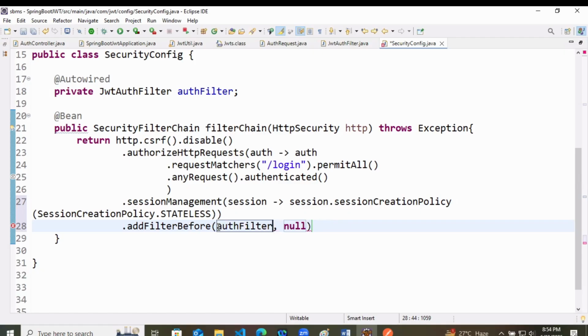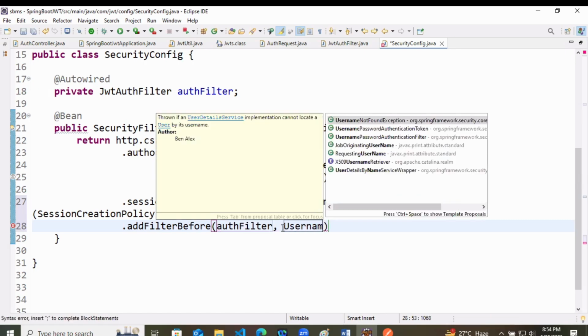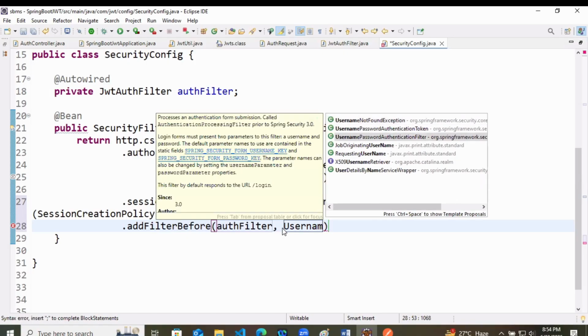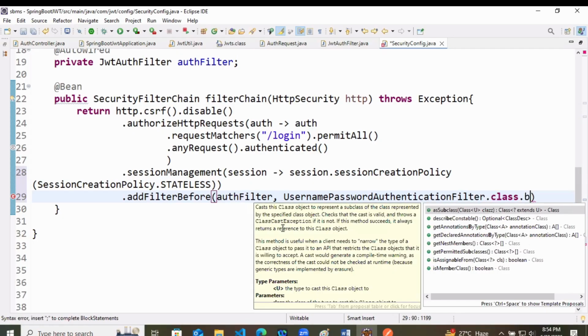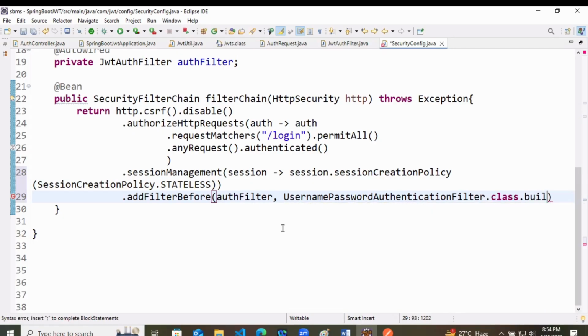Auth filter. Here we have to provide the user's details. So here I will create username password authentication filter dot class dot build.